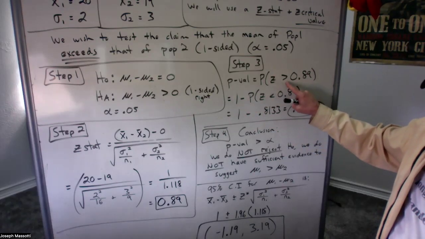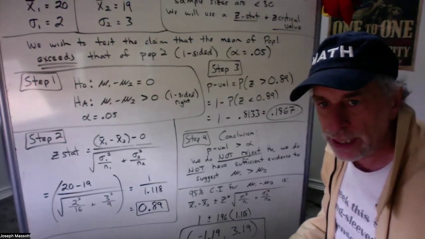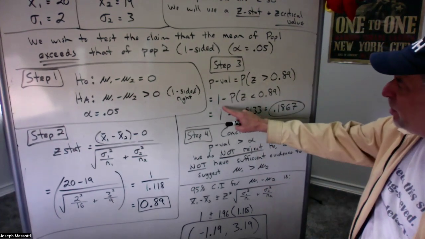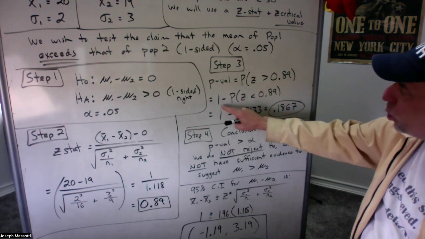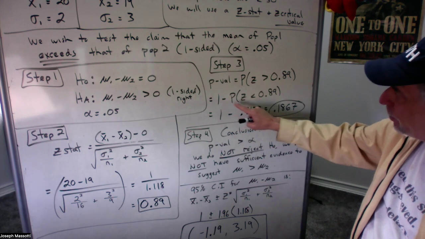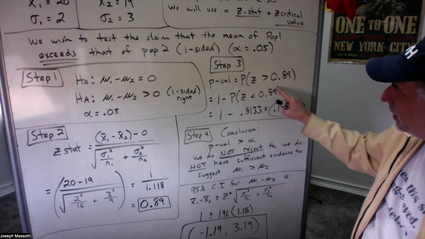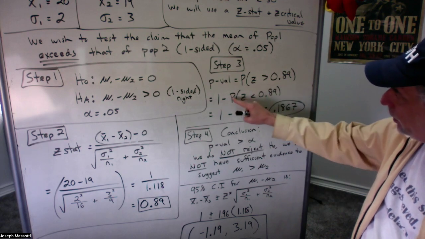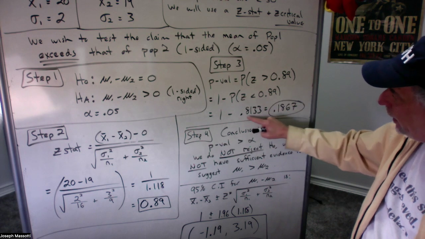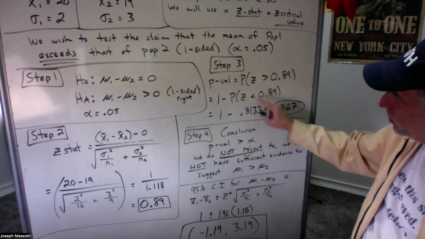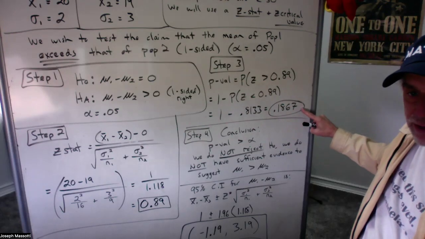Again, remember, for greater than questions, you can use the complement method or the symmetry idea. So the probability that Z is greater than this number is 1 minus the probability that it is less than that number. That way we can look this number up in the standard normal table. We subtract that from the total area under the curve, and we end up with our p-value of